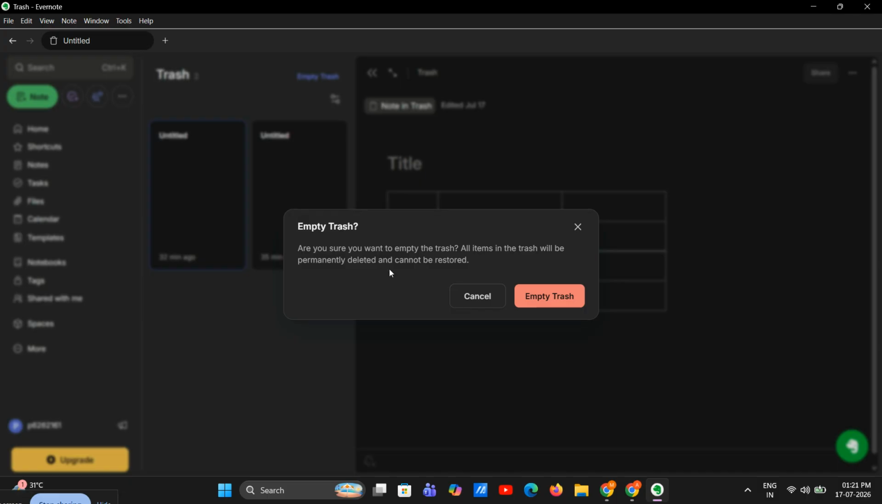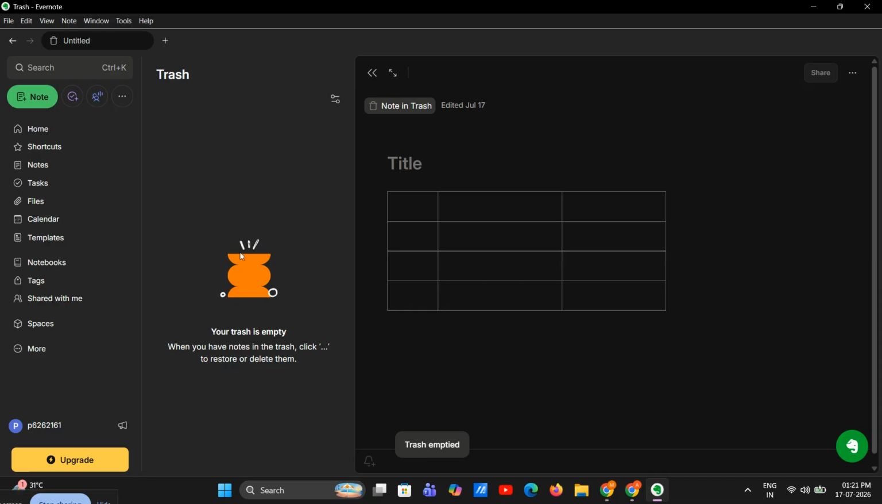Evernote will usually ask you to confirm your choice, so go ahead and confirm that you want to permanently delete all notes in the trash. Once you confirm, Evernote will clear out the trash and remove those notes from your account. That's it. Your deleted notes are now permanently erased, and your Evernote workspace is a little cleaner and easier to